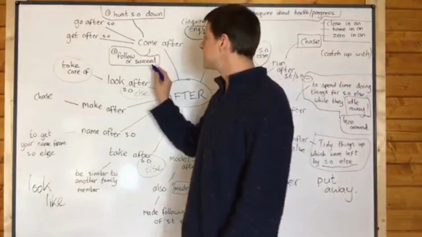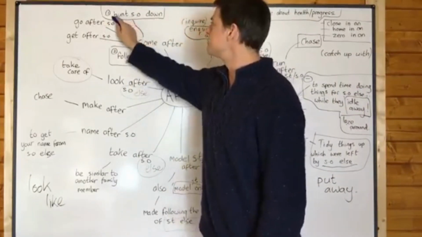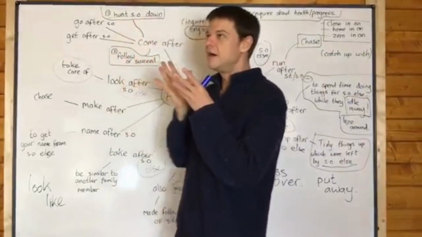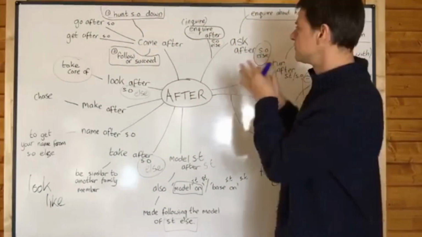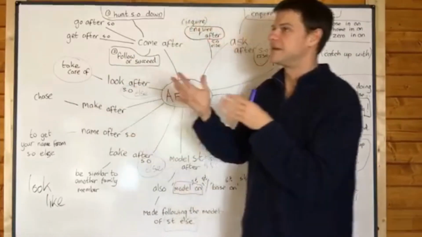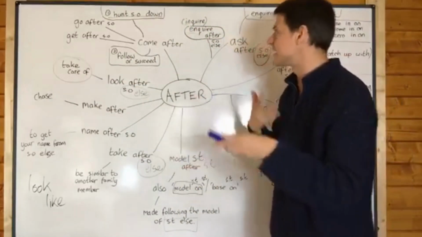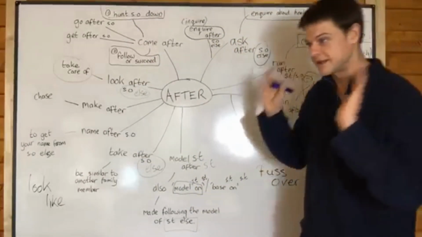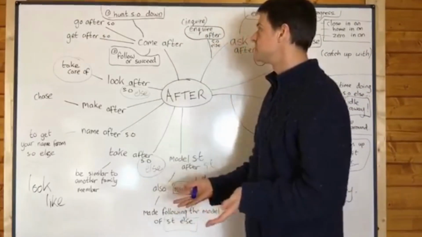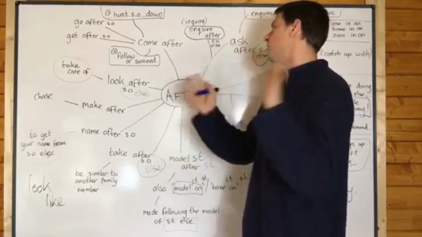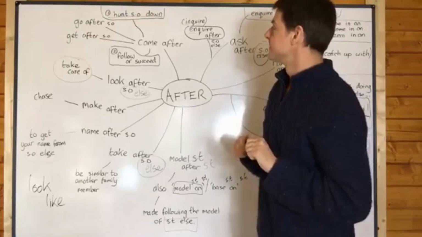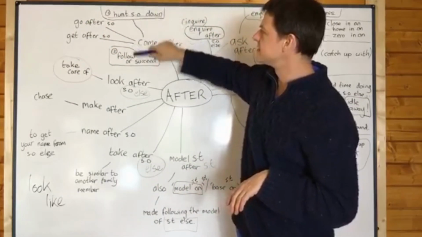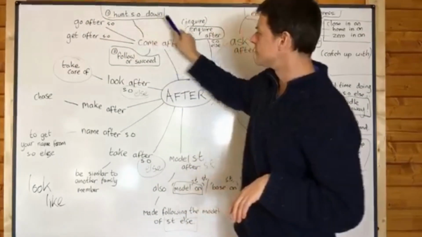Now, come after and go after, they both mean to chase or hunt someone down. I think this one gets a little bit more descriptive than just chase, and I think it actually means hunt someone down, because it means chase and not give up, keep chasing. So you don't want someone to come after you, because it sounds like they're not going to give up and they're going to keep hunting you until finally they find you, and maybe they beat you up or do away with you, who knows. So come after, go after and get after, they all have these two meanings in different circumstances. They all mean hunt someone down, and they